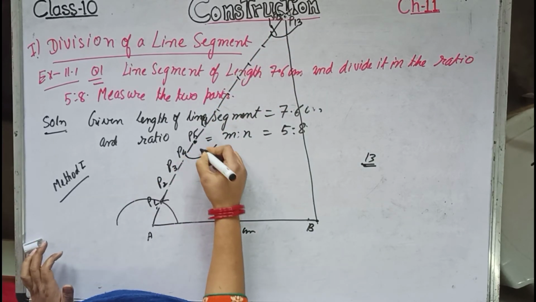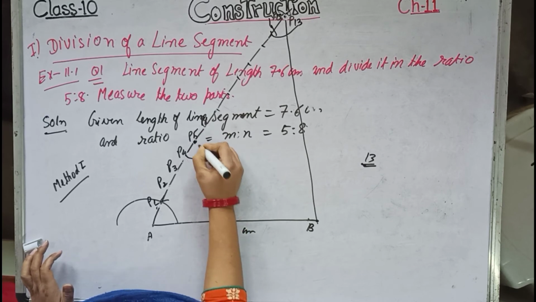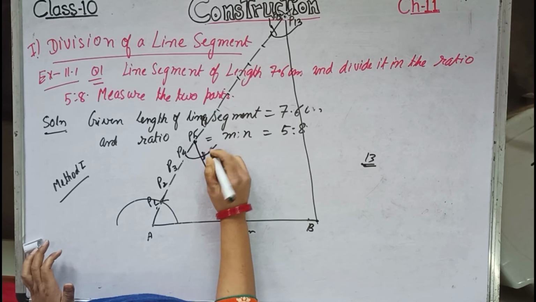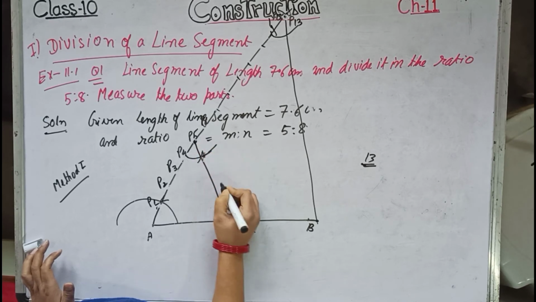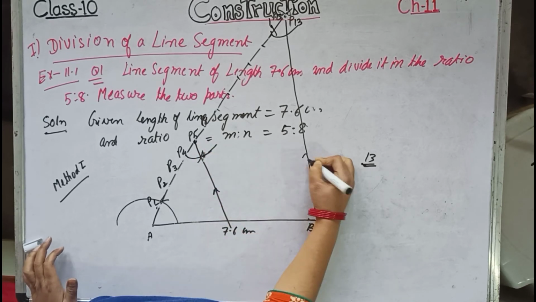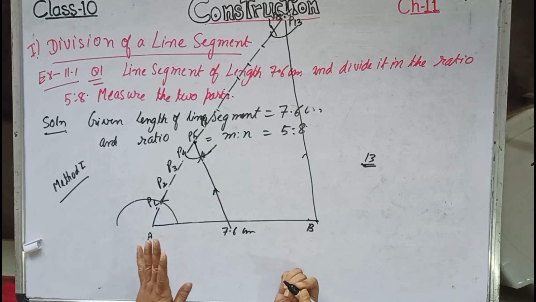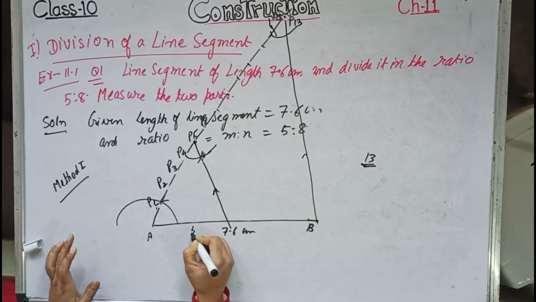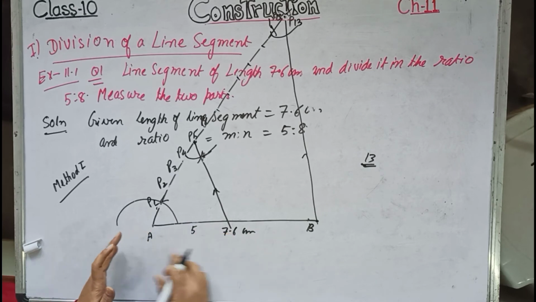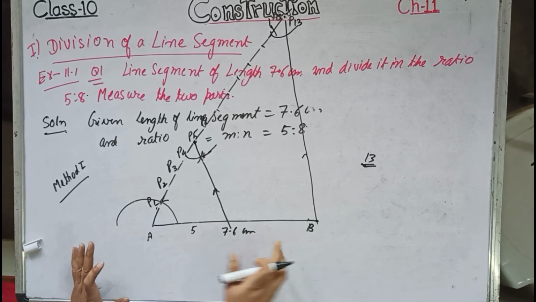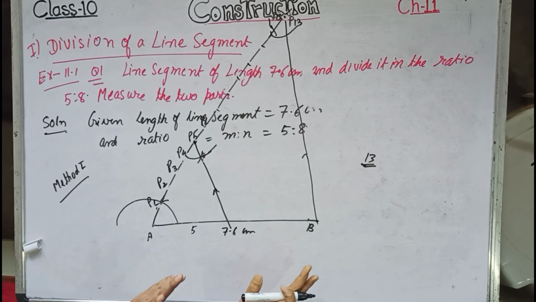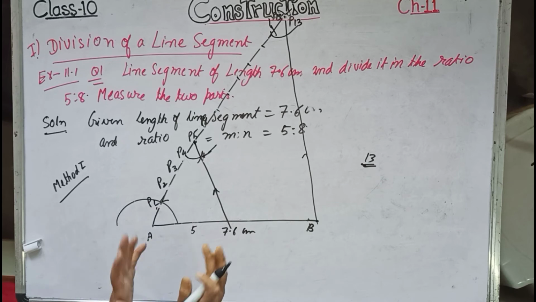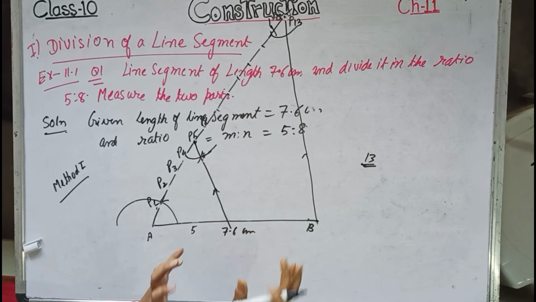So what I have done is I have made the corresponding angles equal. If corresponding angles are equal, lines are parallel. That is, this line is parallel to this line I have constructed. So the line has been divided in the ratio 5 is to 8. This part is 5 and this one is 8. Since I have done it with my hand, you will be doing it with your compass properly. This ratio will come accurately.